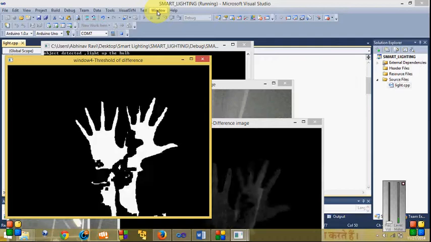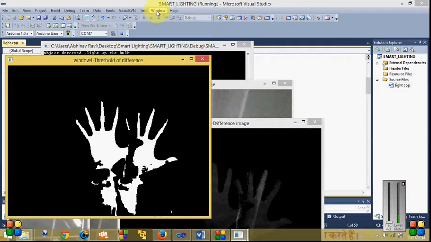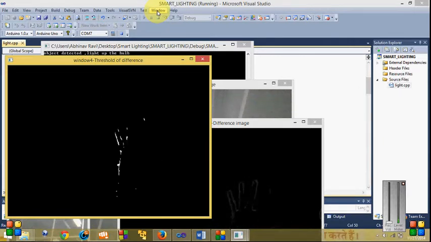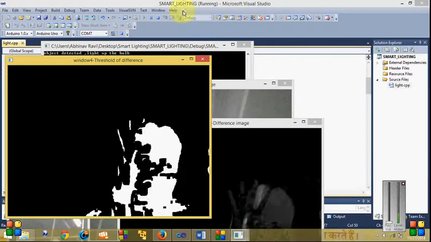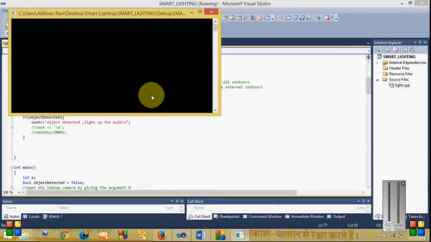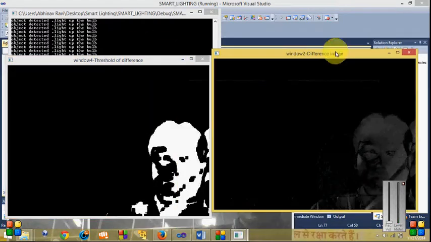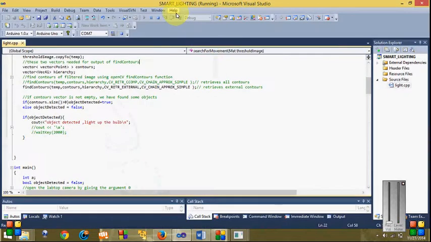Once we have separated the foreground properly, we can set them with a determined value to identify them. That is, we can assign them a value of 0 for complete black, or 255 for white, or vice versa, whatever suits our need. Last but not least, the most important thing to be taken care of here is the SNR, that is the signal to noise ratio. Many times you will see that once the object moves, small dots will follow the moving object. Let me show you once.